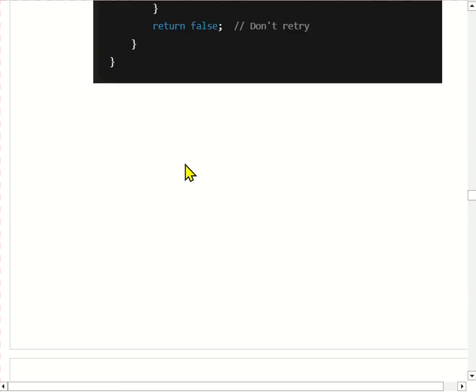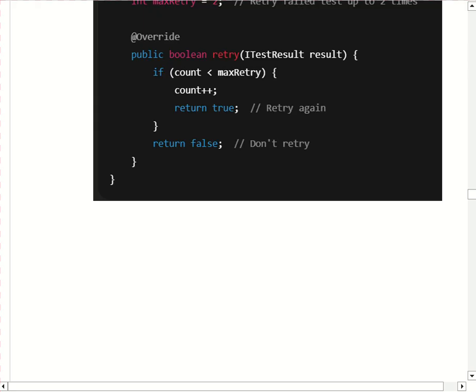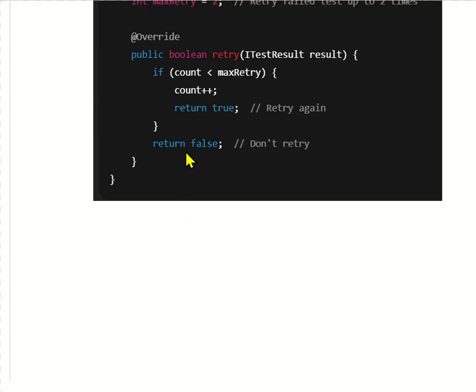Now again, here we have to write one sentence: if count is less than max retry. This will check the condition of the count against the max retry value. So if yes, then it will process the retry again, and the count plus plus means it will increase